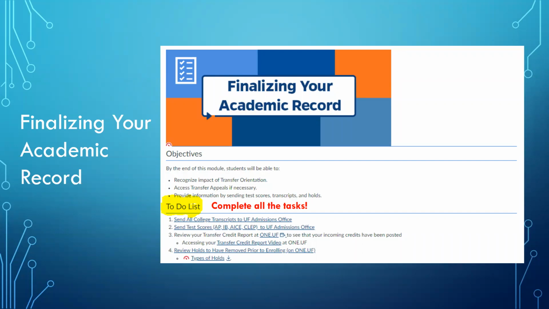The last and final part of finalizing your academic record is to make sure that you have all your holds cleared prior to coming to your transfer preview session. There should only be one hold remaining, and that is the orientation advising hold. That hold will be cleared on the day that you have attended transfer preview and after you have gone to the